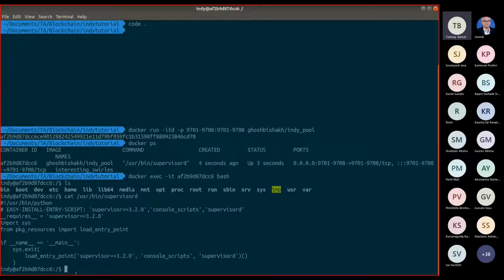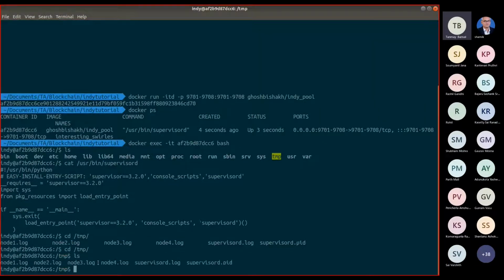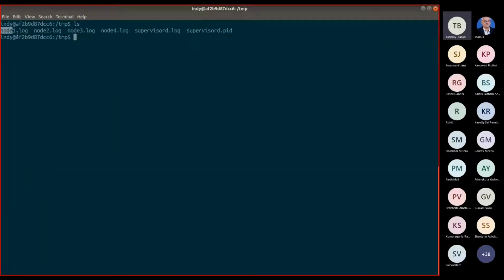It is basically running a Python script which will run the Indy nodes. Let me try to see some logs. Inside this directory you will find the Indy node logs for these separate nodes. Let me move it up. So node 1, node 2, node 3 and node 4. So this one container is running 4 nodes.